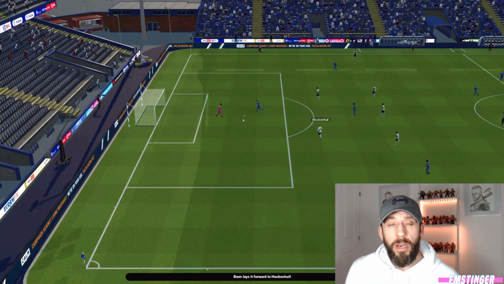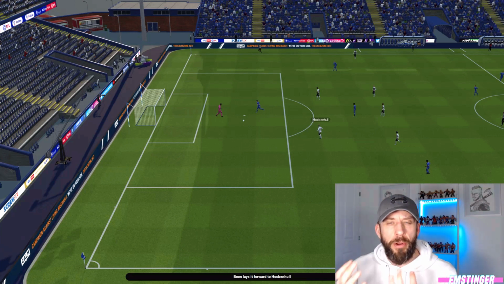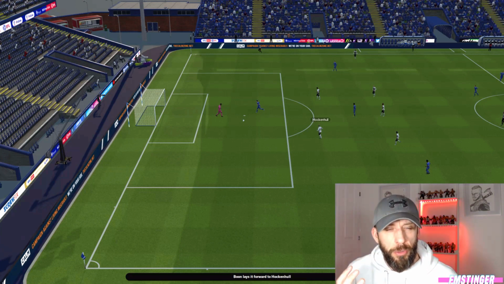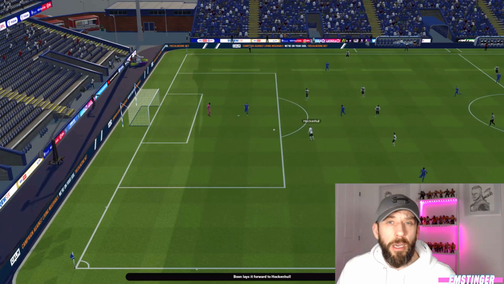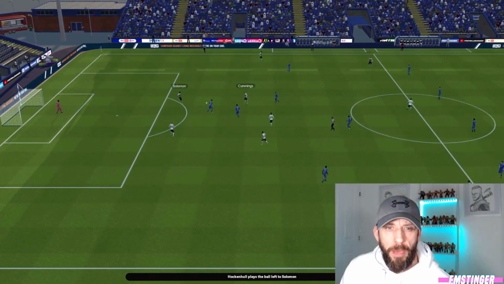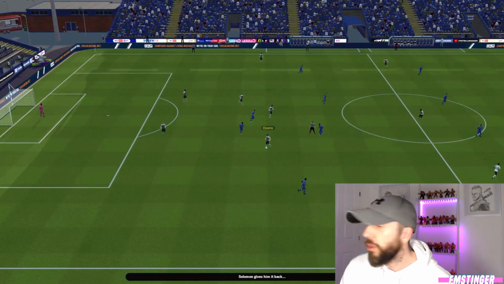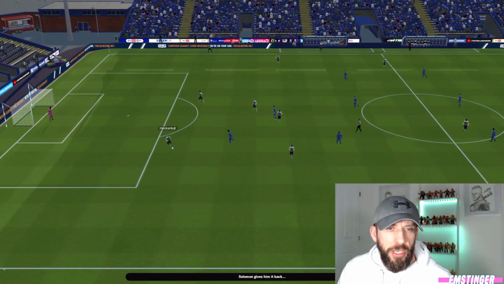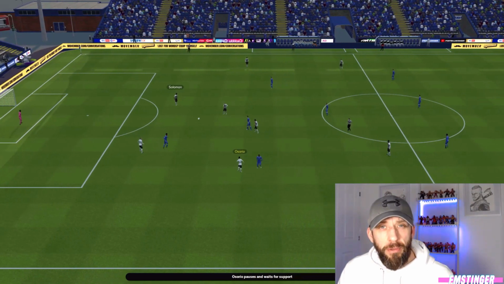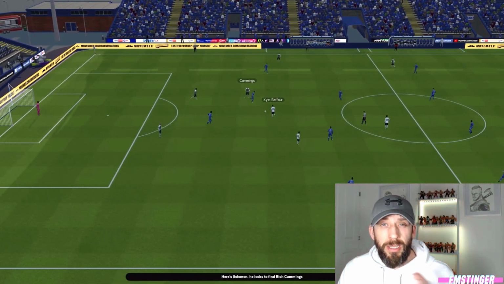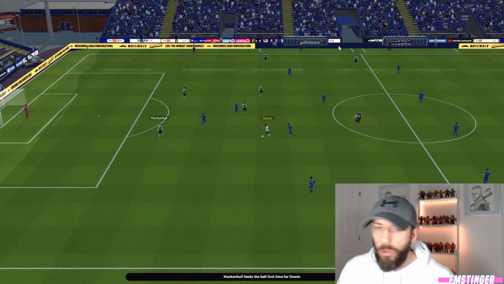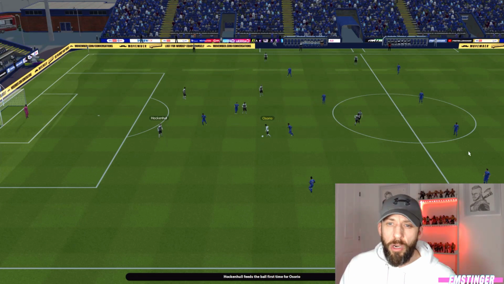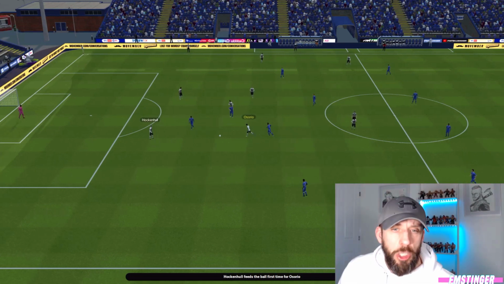By sitting lower and having a lower line of engagement, we're inviting the pressure onto us. When they pressure onto us, if you've got the players, you can play it around them and expose the gaps. You can see there, look at their players, they're all chasing the ball there, and look at how deep we are. They're chasing it, and we're playing it around us, so having good technical players really helps this style of play. Again, pause it there, look how many players they've got in our half now. 1, 2, 3, 4, 5, 6, only leaving their defenders back. As we play it on,